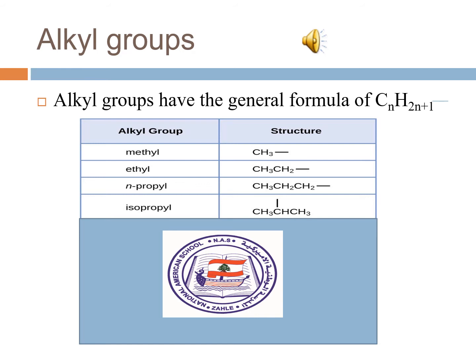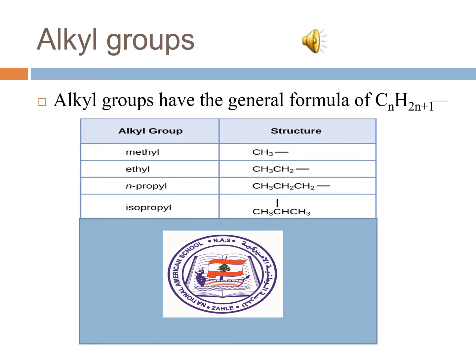Now let's discuss the alkyl groups. Alkyl groups have the general formula of CnH2n+1. We have the methyl group, its structural formula is CH3. Ethyl group, it's CH3CH2 or C2H5. We have n-propyl, or simply propyl without the n. It's CH3CH2CH2 or C3H7. And isopropyl, it's also